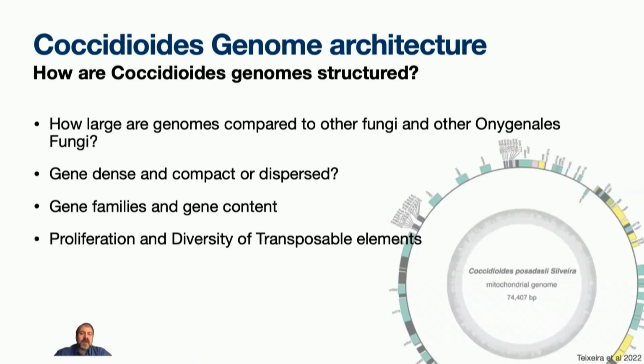So how are coccidioides genomes structured? How large are these genomes compared to other onygenalean fungi? These have been questions that were first answered in some of the initial genome sequencing projects of cocci and its relatives. We also want to understand how compact the genome is. Are there genes that are dispersed throughout the genome? Are they localized in some places and mostly filled with transposable elements in a different place? In different parts of the genome, what kind of compartmentalization is there? Finally, or also, how big are gene families, and what is the gene content distribution?